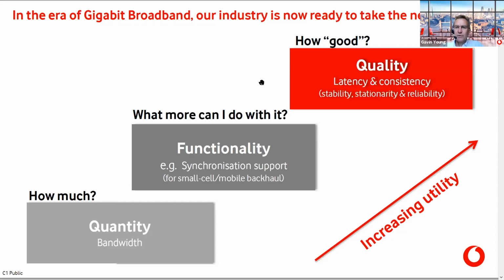But really, what we're focused on this evening is the quality. How good is that broadband connection? And this brings into play different attributes like latency, consistency, stability, stationarity, and reliability. And I think many of us who have been reliant on our broadband connections for perhaps 15 hours a day during lockdown, for work, for school, and for socializing and entertainment, as Kevin mentioned in the introduction, when you're using something for that amount of time, if there are any problems with quality, you tend to become aware of them. But if we can get that right, that radically increases the utility of broadband.